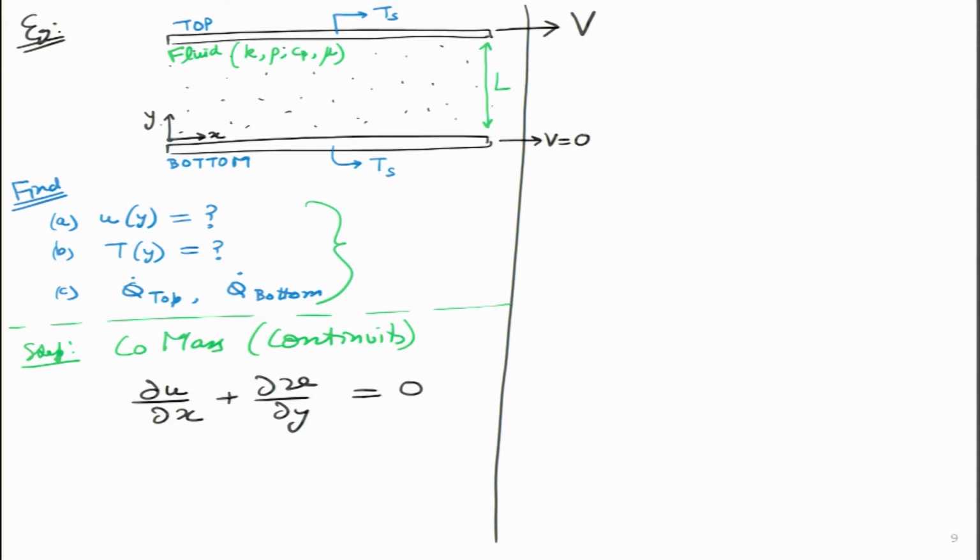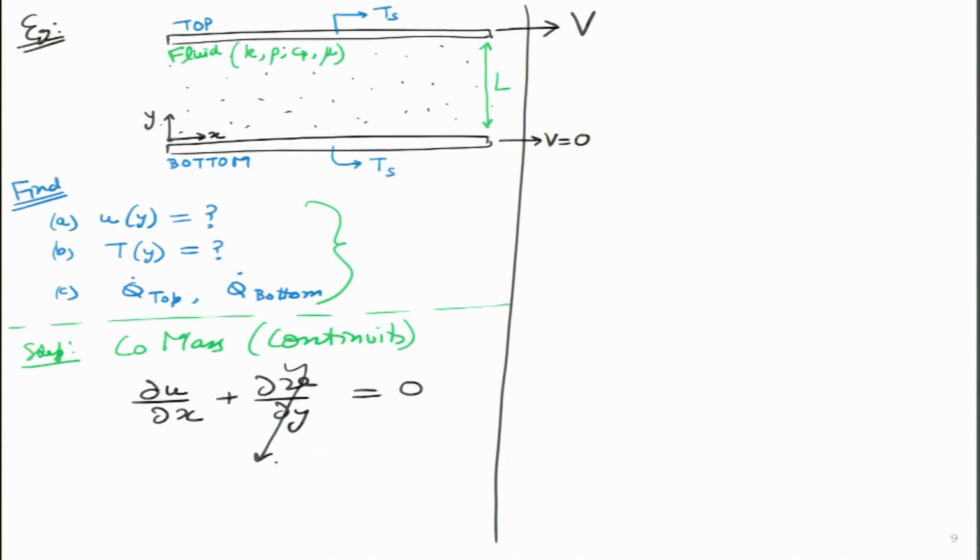And what we get over here is that because it is a one dimensional flow, there is no velocity in the vertical direction, because both the plates are solid, they are not allowing any fluid movement in that direction. So, the v component is 0. So, I can make this particular term go to 0, and I can give the explanation because throughout v is 0, which gives me del u by del x equals 0.